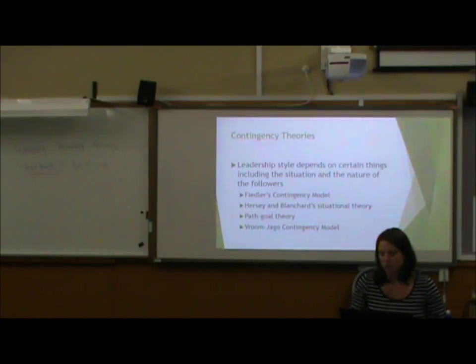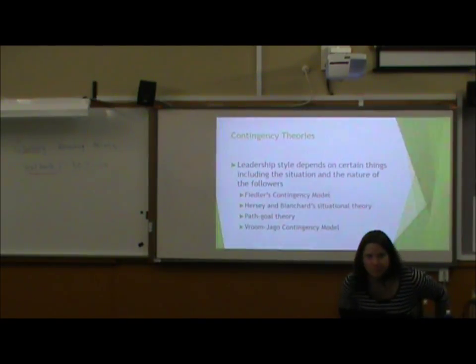Hersey and Blanchard's situational theory, page 60, was also another one that sort of expanded on that leadership grid that we looked at before, and again looked at follower readiness. Okay, so people were either ready to follow or they weren't ready to follow, and so you have to adapt your leadership style depending on that readiness. Bottom of page 61, if you've got low readiness, you take a telling approach. It was telling, selling, participating, and delegating. That ring a bell? Yeah, it does. Definitely does.